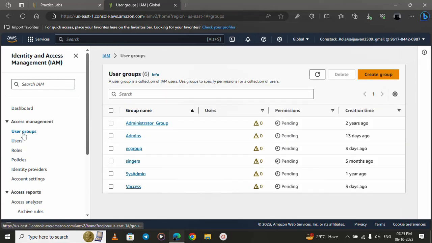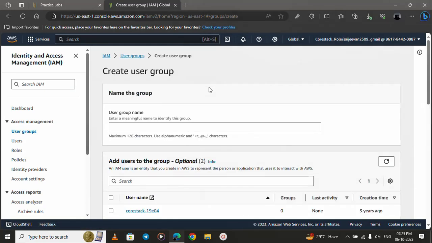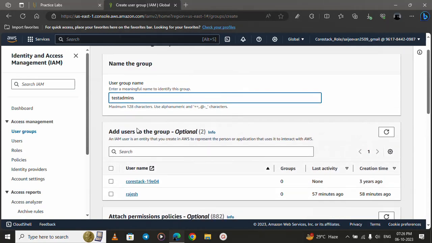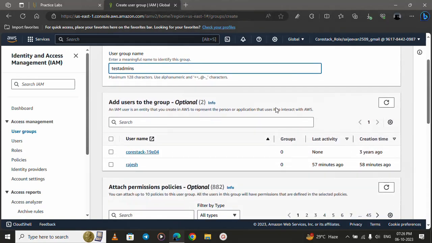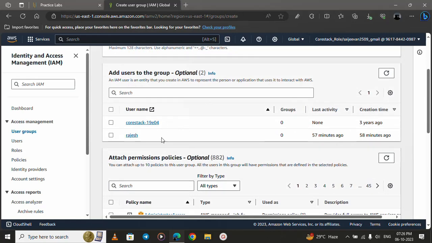So we will quickly create a custom group, and I will show you how to assign policies to a group as well. We have seen how to assign policies to a user. We will now see how to assign policies to a group. User group name, I am giving simply test admins, and add user to the group. I'm adding Rajesh,